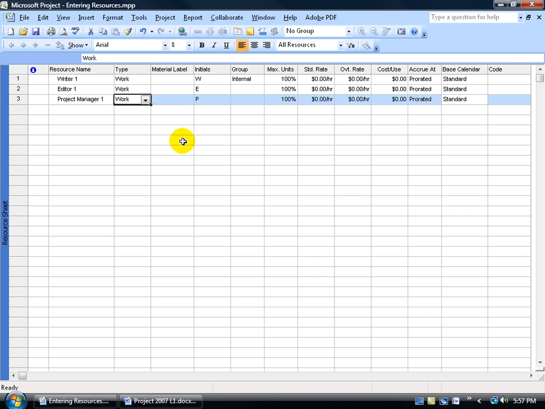For example, instead of coming in here and typing in internal for all these resources, I can come up here and select the first one, and this is something you would learn in one of my Excel training videos, is using the autofill handle. When you hover over the lower right hand corner and your pointer turns into a black cross, you then can click on that black cross and drag it down, and it will automatically fill in the same information that you clicked and dragged from into the cell sequentially as you drag down below. So there I don't have to type it in over and over again. Let me go ahead and